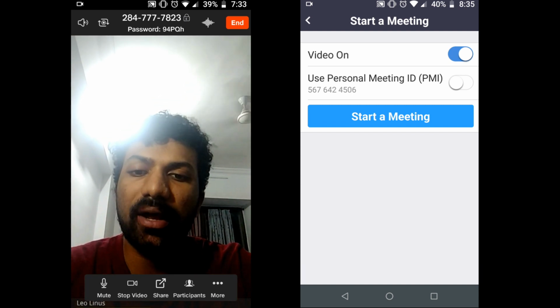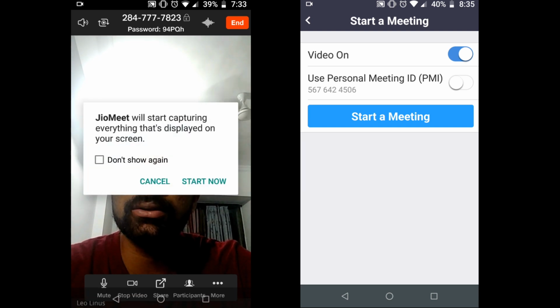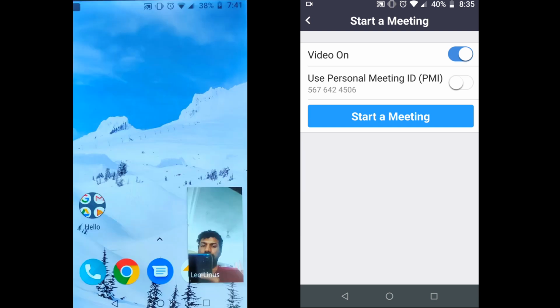I have this share screen, but let me tell you guys that I can use it only for sharing my screen. In Jio, I have only the screen sharing option, but in Zoom, I could have shared a lot of stuff. You had seen that before. The advantage of Jio is that while sharing my screen, I can also have a small thumbnail of my video.